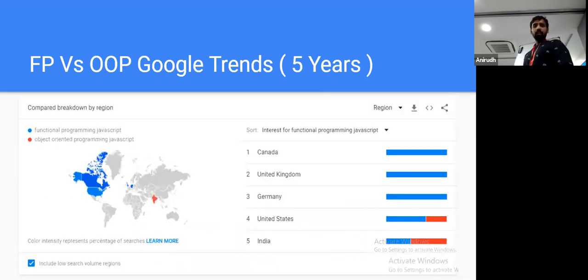And this is a comparison based on regions. So functional programming is mostly searched across Canada, UK, Germany. India is still stuck with object oriented.